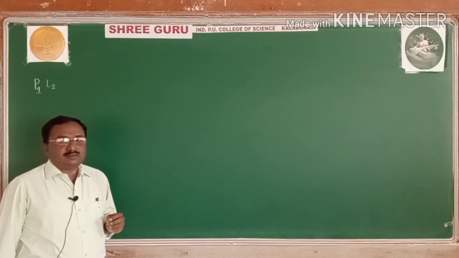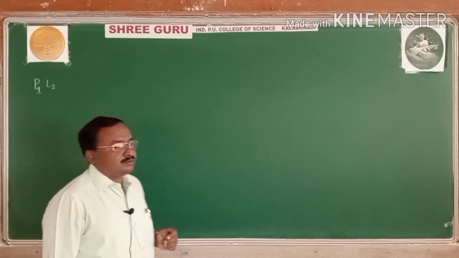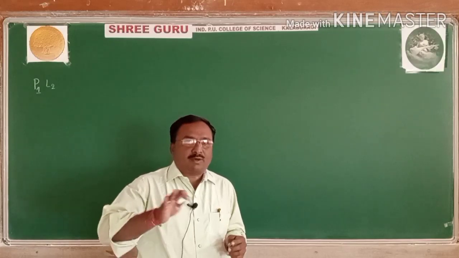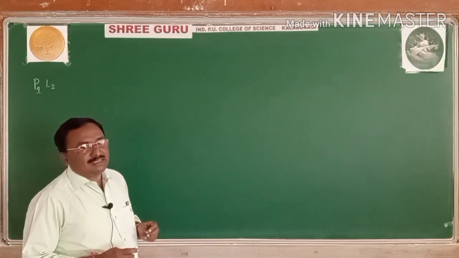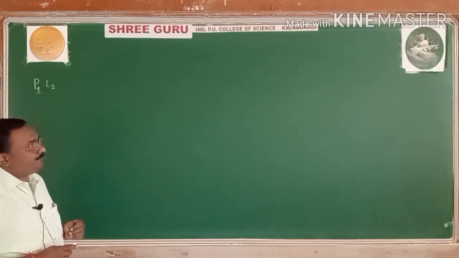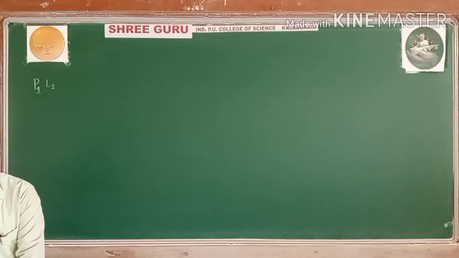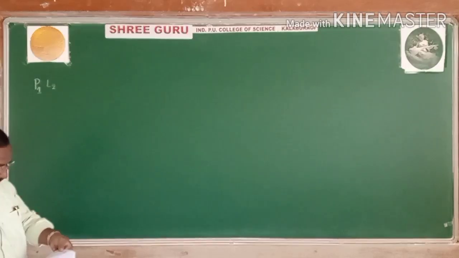For GP, Sn is equal to what? a times (r to the power n minus 1) divided by (r minus 1), when r is greater than 1. If r is less than 1, a times (1 minus r to the power n) divided by (1 minus r). Next, example number 2.